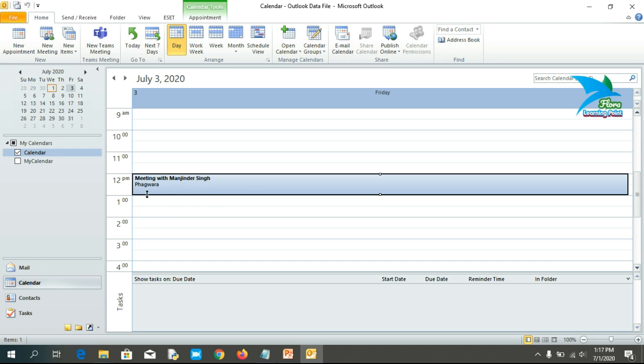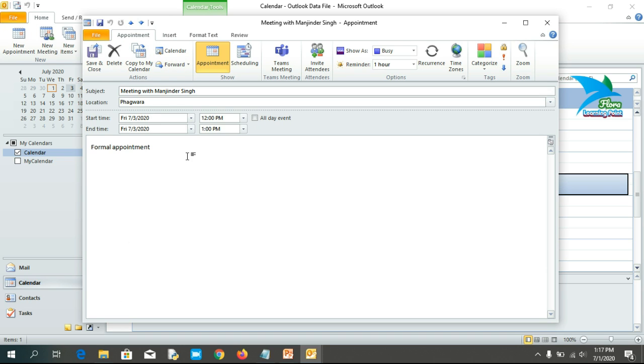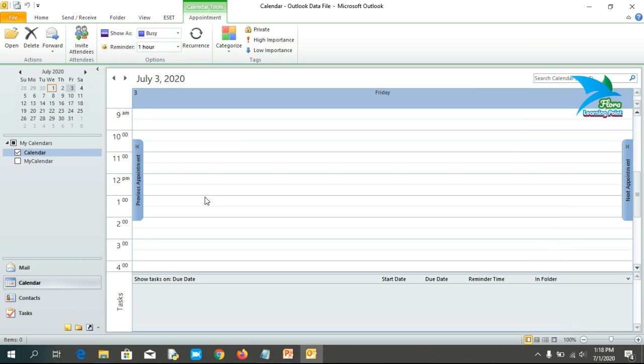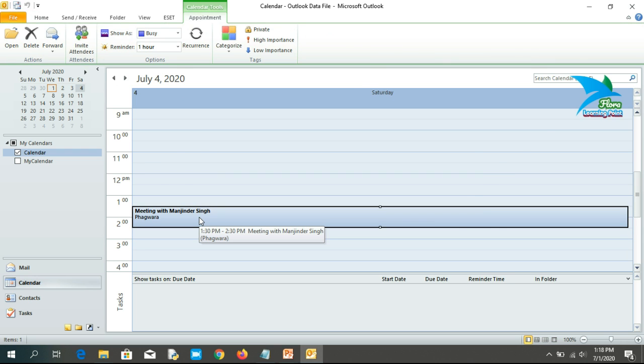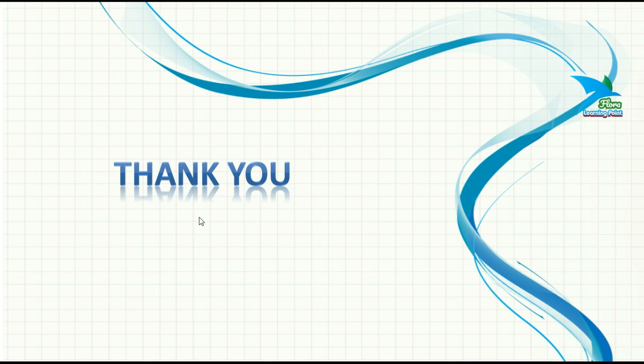Next, we'll discuss how to change an already scheduled appointment. It's so easy to change the schedule of an already existing appointment. Just click on calendar and go to that particular appointment, and double click on that appointment, and here we are having the schedule. If you want to make some changes in the schedule of that appointment, let's suppose you want to change the date, then you can change the date. Or if you want to change the time, then you can also change the time. After making all the changes, you have to click on the save and close option. So this is the way that you can change the schedule of an appointment.